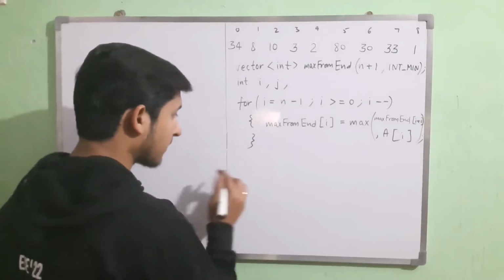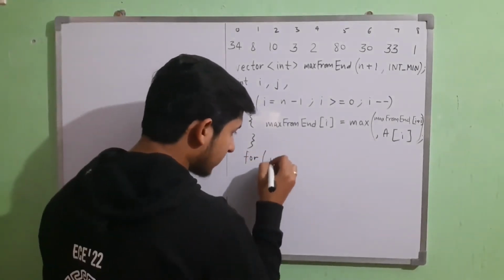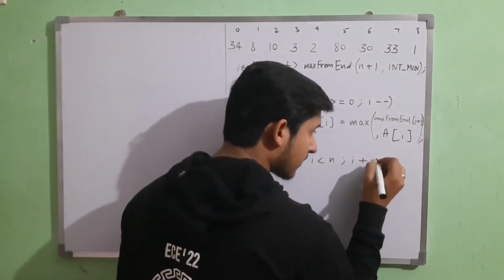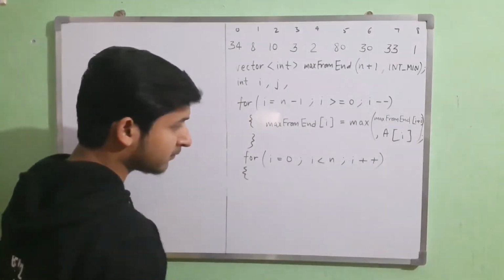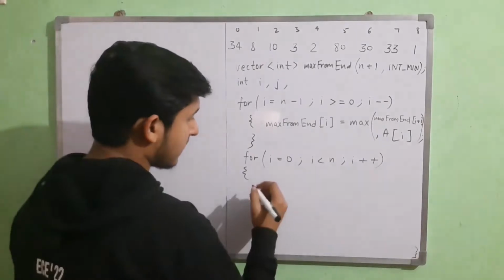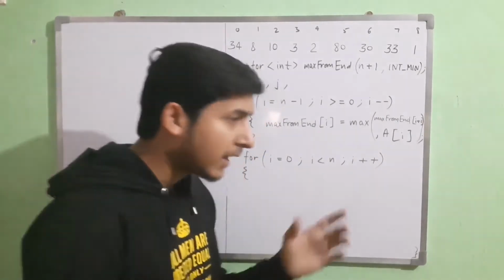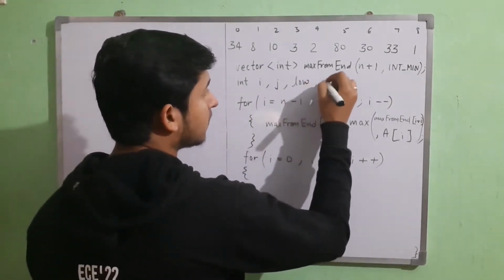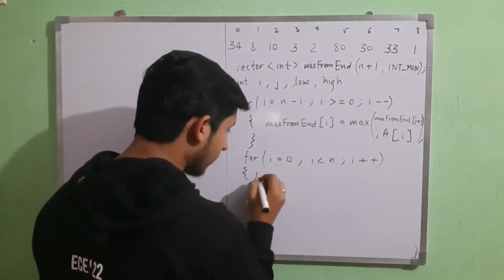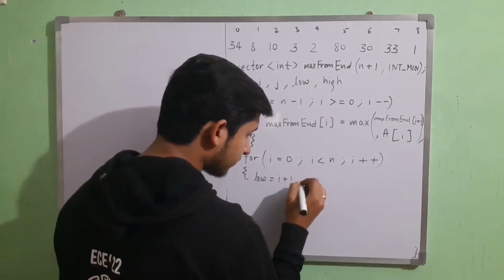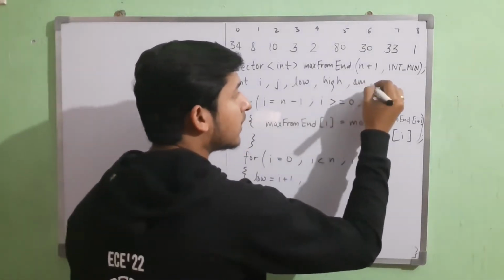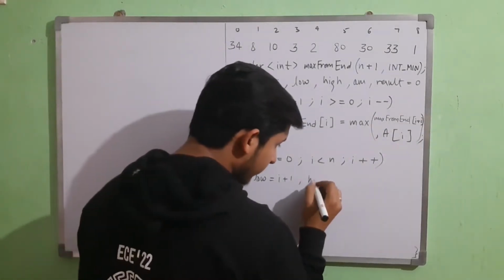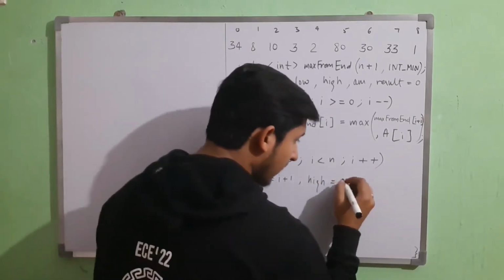After this, we will traverse through the entire array for i, and now, because for every element I will do an upper bound search, int low, high, okay, so low will be initialized with i plus 1, and answer, or result, will be a variable initialized with 0. So low is i plus 1, high is n minus 1,